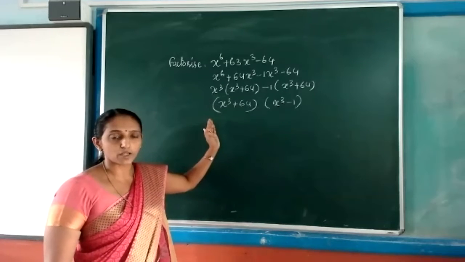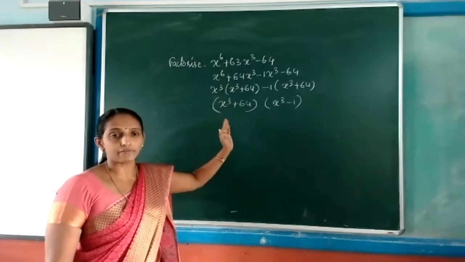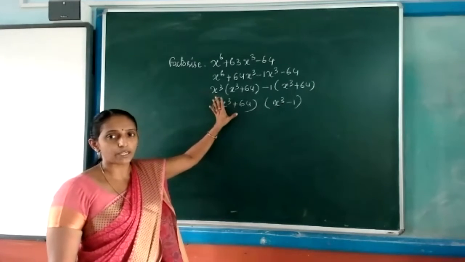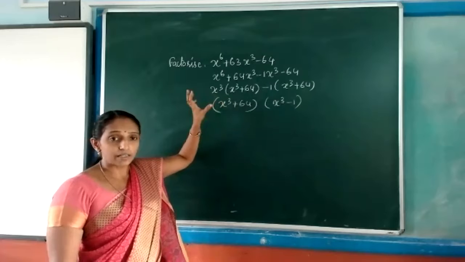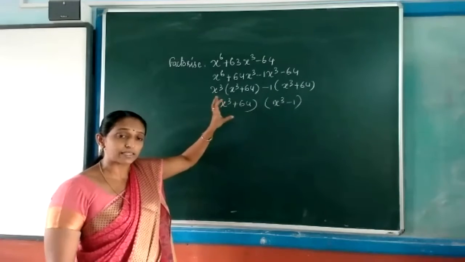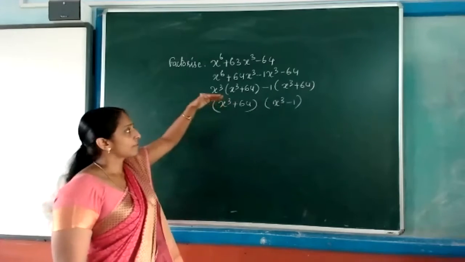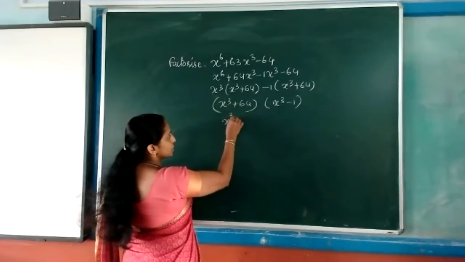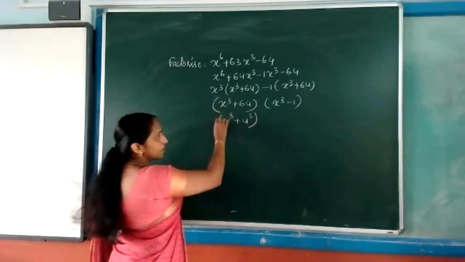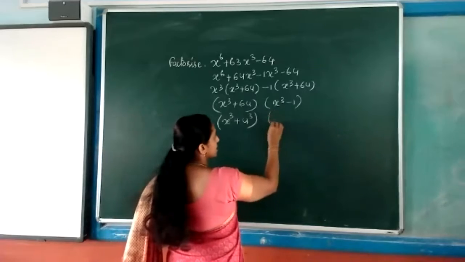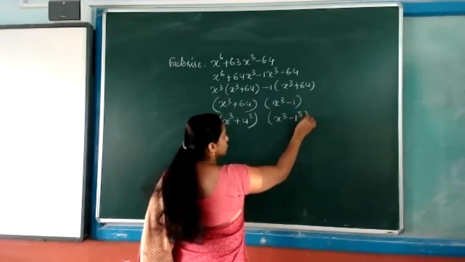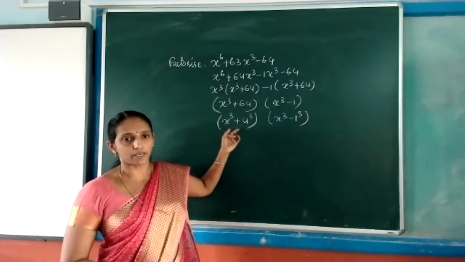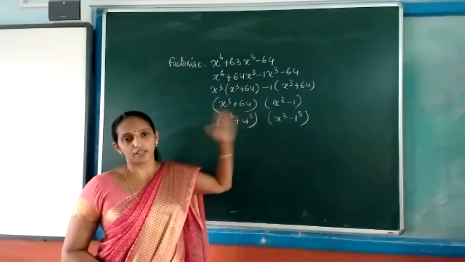Similarly, in algebraic expressions also, while dealing with factorization questions, you have to check. Himesh reached up to here. This is correct, but check whether you can factorize it again with any method. You can see these are sums and differences of cubes: x cube plus 4 cube, and x cube minus 1 cube. So both can be factorized again. This is a cube plus b cube, and that is a cube minus b cube.